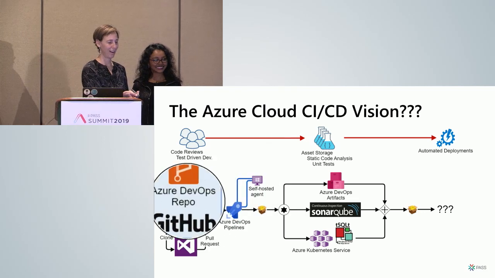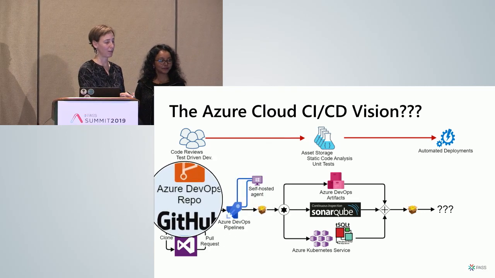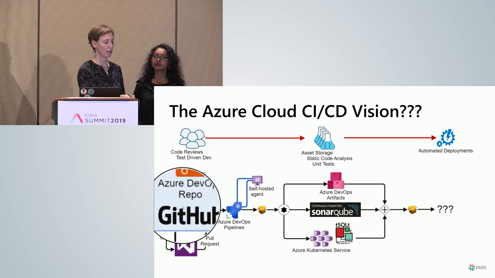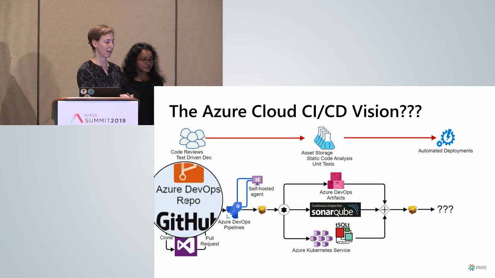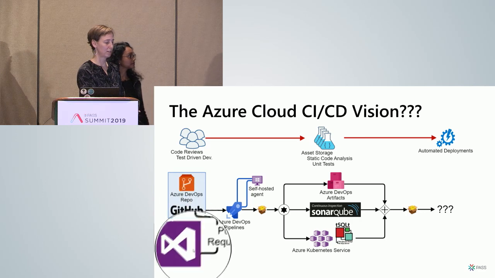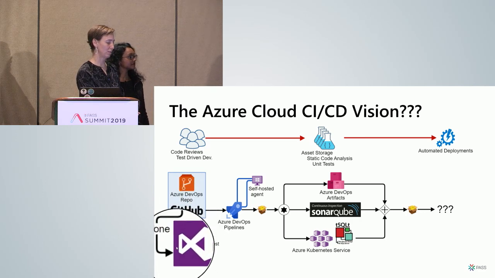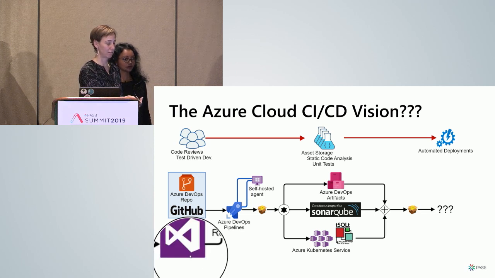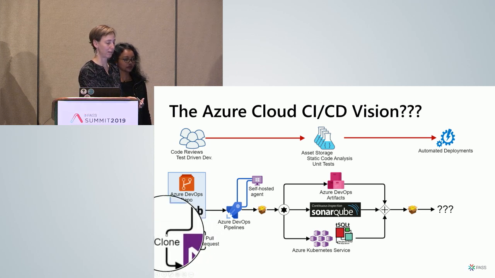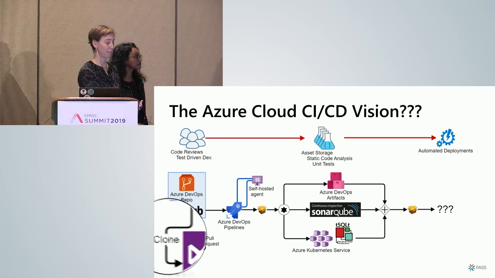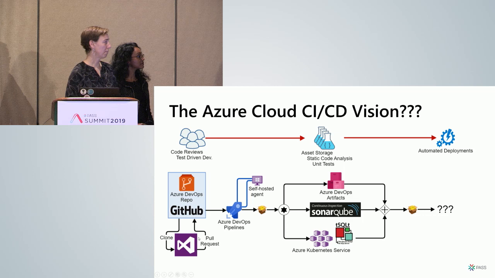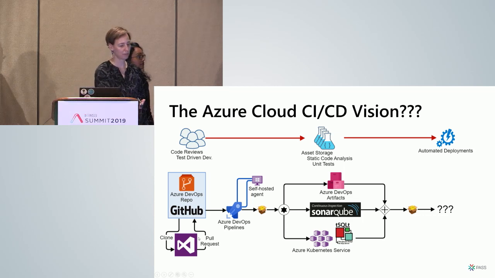Yes, look at that. All right, so we have our repos here. On-prem, we use Bitbucket, but it's a Git-flavored repo. So on the cloud, we're thinking about GitHub or Azure DevOps repos. We still use, in either place, Microsoft Visual Studio, and we have clone and pull requests. So we have clone coming out of our Bitbucket or GitHub repo, and then we have pull requests to have them come back in. So the magic, the real magic is right here.